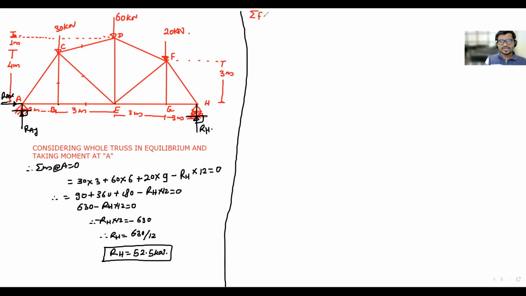Consider summation Fy equals to 0. That is 30, 60, 20, what sign will these three have? Negative, downward forces are minus. So minus 60 minus 30 minus 20 plus RAY plus RH equals to 0. We know RH, it is 52.5. Plus RAY equals to 0, therefore RAY is equal to